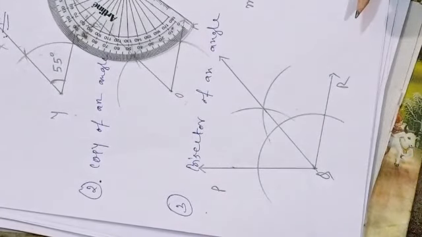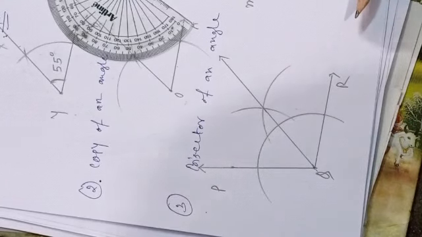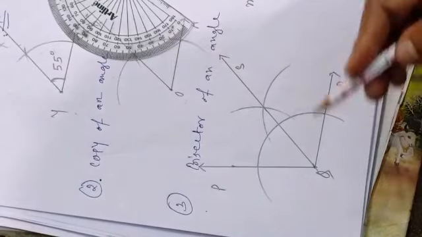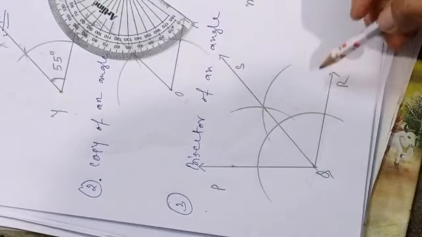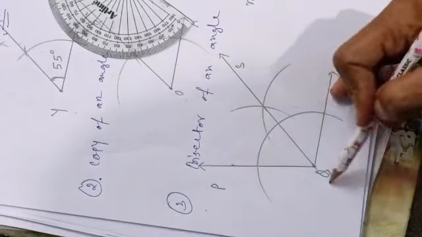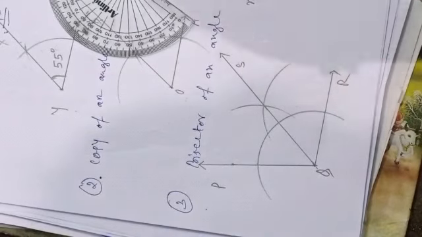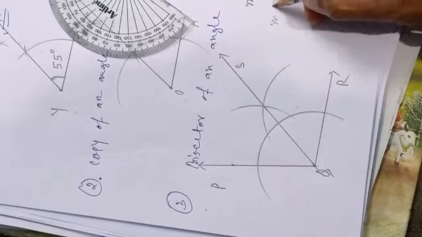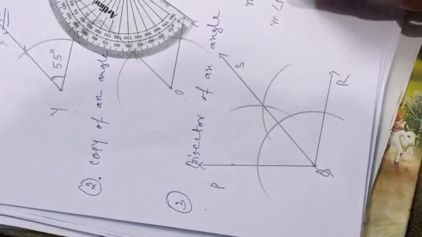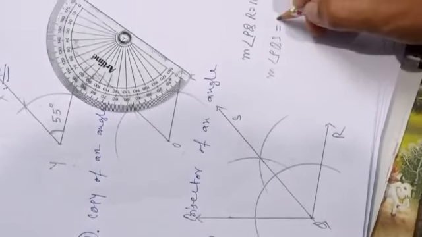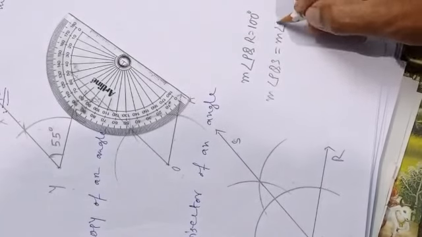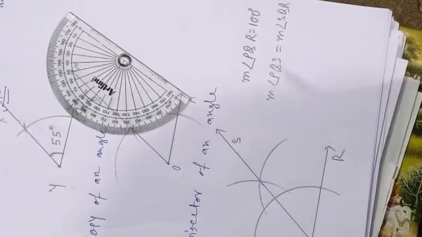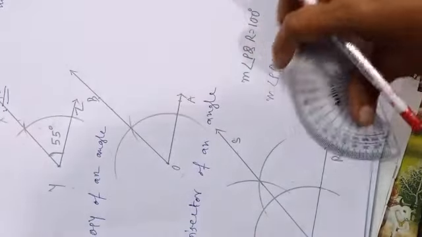Now I want to show you how these two angles are equal. Here let's name this one as S. So what are the angles you have got? From PQR, it has been divided into PQS and RQS. Two angles you have got. Now I am telling that measure of angle PQS is equal to measure of angle SQR. How will you agree with me? You need the verification for that.